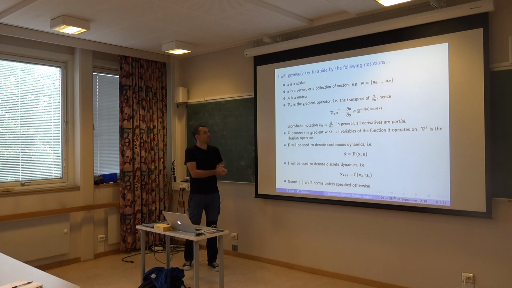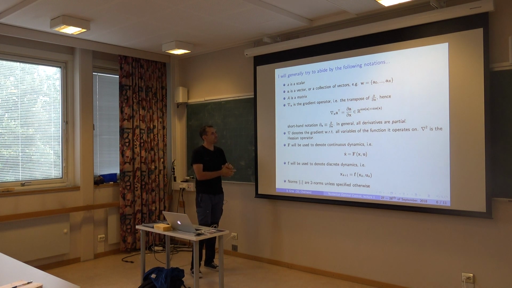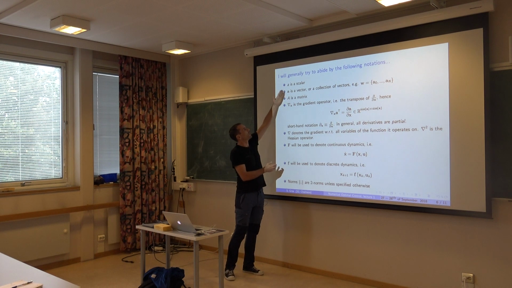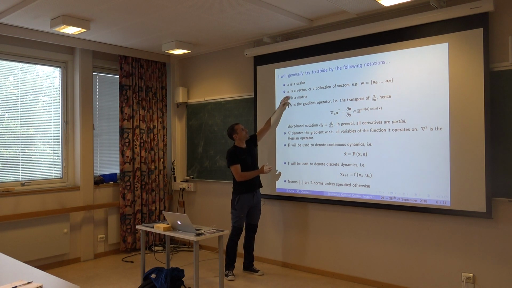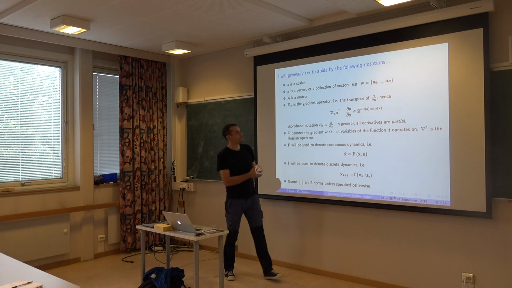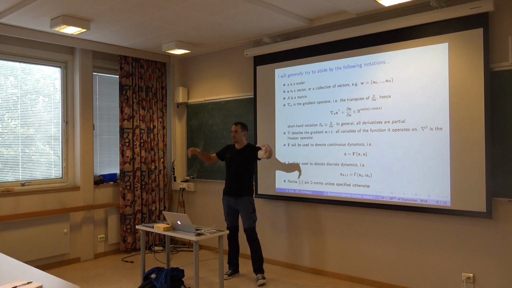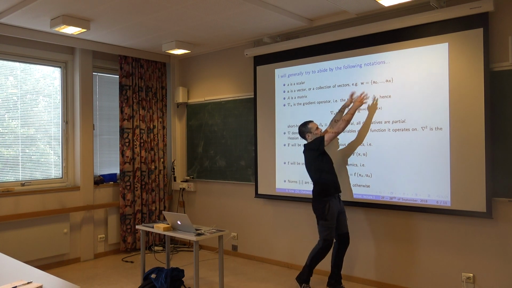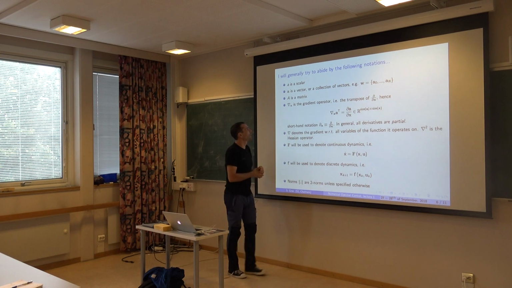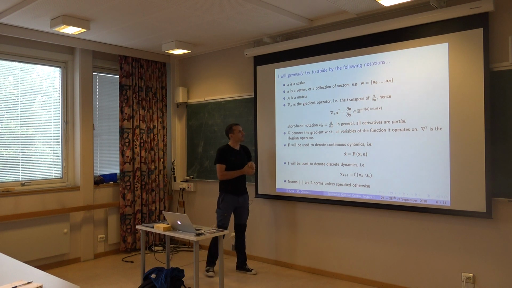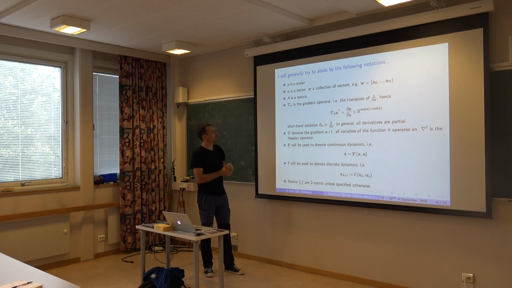Okay, just on the notation, I hope it will be as clear as possible. I try to be a bit disciplined. It's not always possible, but I will generally try to use this notation. So the italic notation for scalars and the bold notation for vectors. Sometimes we have collections of vectors. Sometimes you just collect all the variables as a kind of big group of things. Capital letters for matrices. This is annoying some people sometimes, so I hope it will not be problematic here.